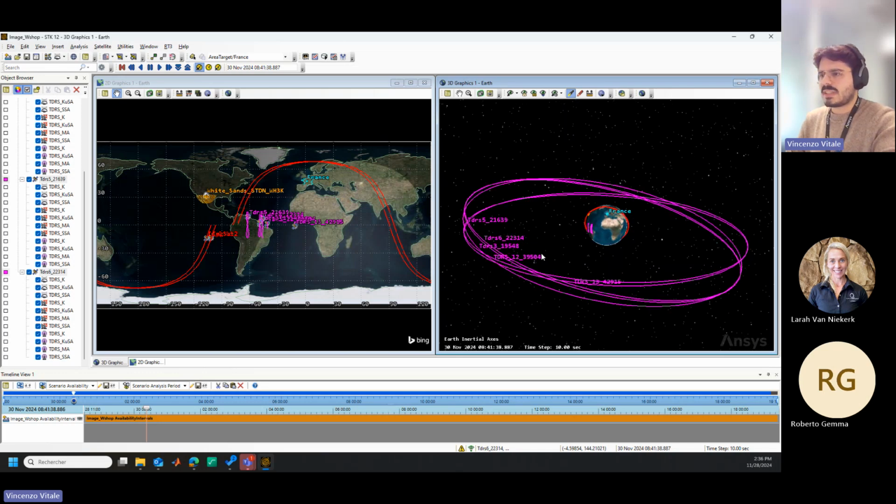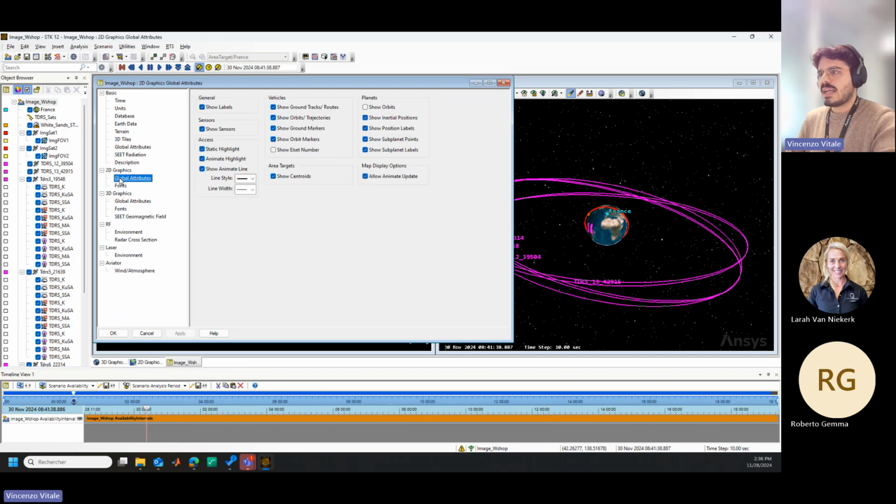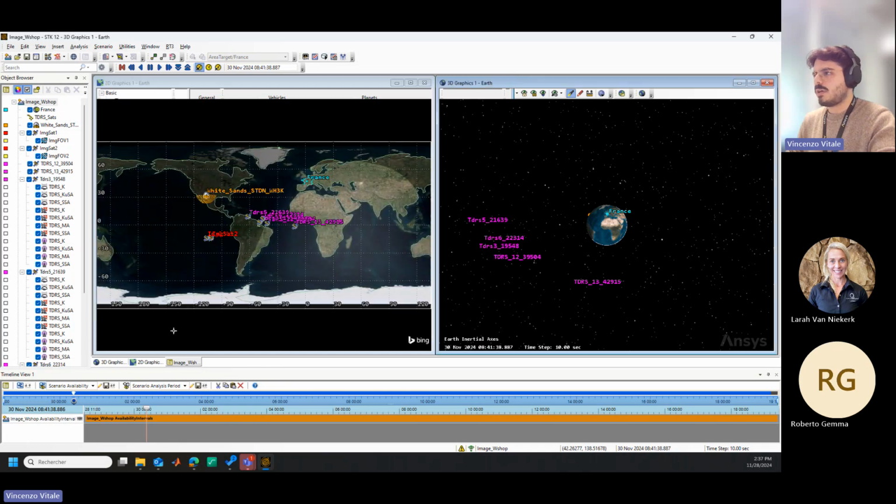But in general, for the scenario, we don't need in particular the propagation of the orbits, since we just want to appreciate the multi-hop linking. In this case, we can open the scenario properties itself and return back to the 2D graphics in global attributes, in which you have the possibility to toggle off the ground tracks and the orbits for each of the vehicles. And I can click apply, and now it's more